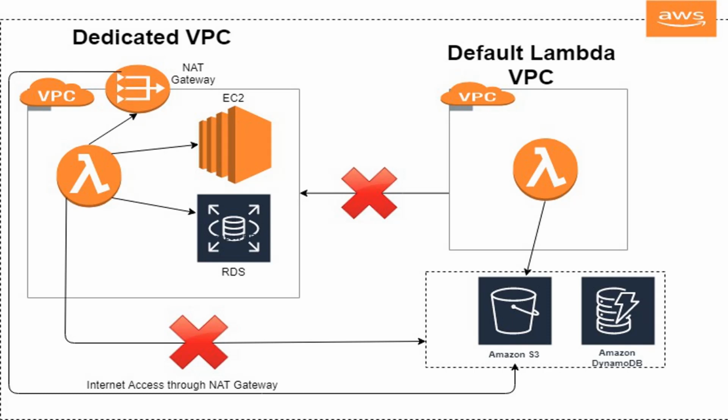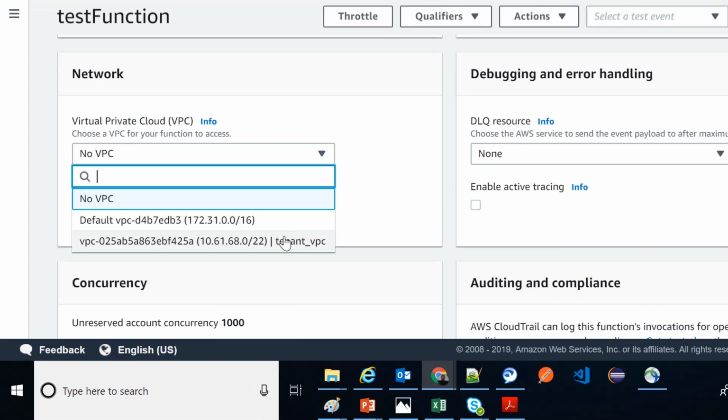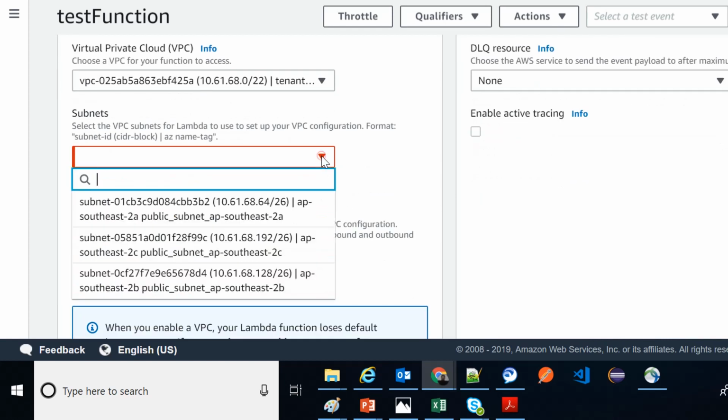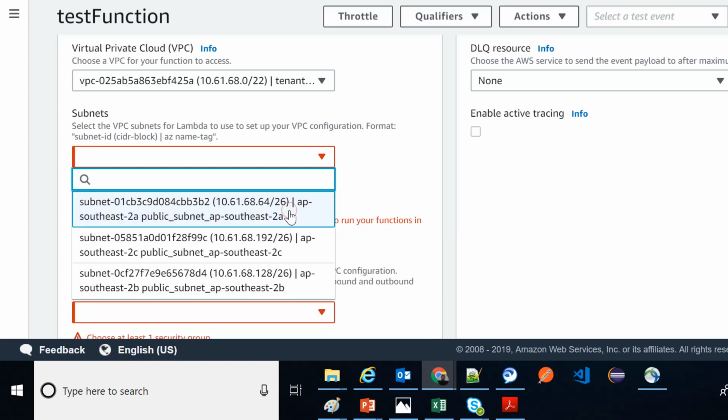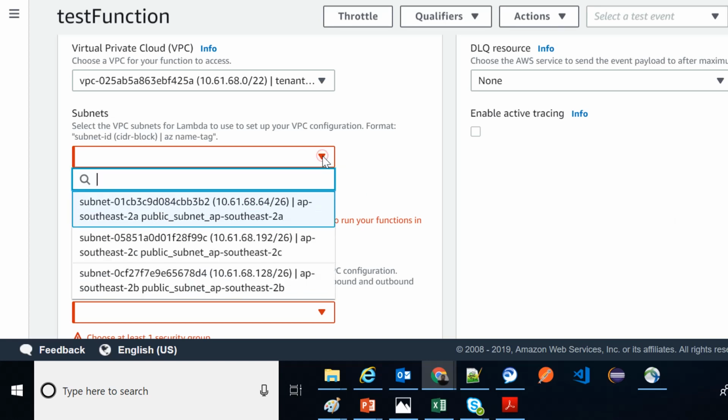Now in this scenario, you have to ensure that you get high availability. So to get high availability in a VPC, first you select the VPC in which you want to run the Lambda, and then you ensure that you select multiple subnets across the availability zones. Here, if you see, there are 3 availability zones available. So ensure that you have at least multiple subnets